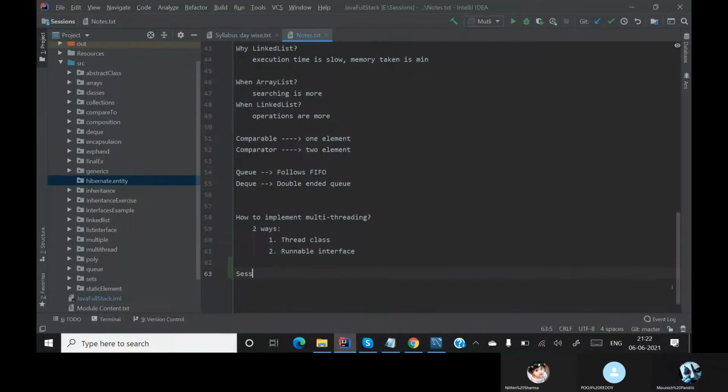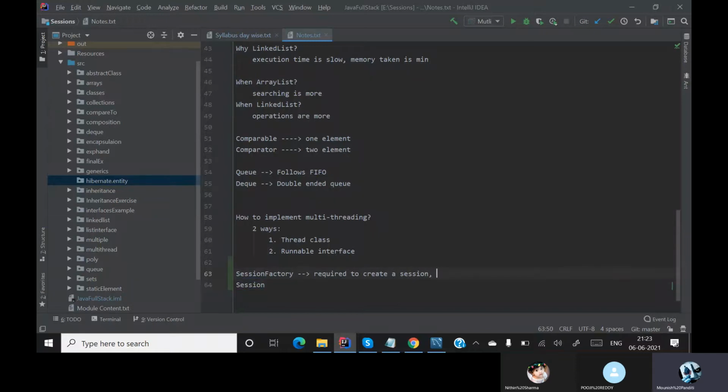One very important thing is session factory and session. There are two things. Session factory is the one which we require to create a session. So first you need to have a session factory. Only if you have a session factory can a session be created.